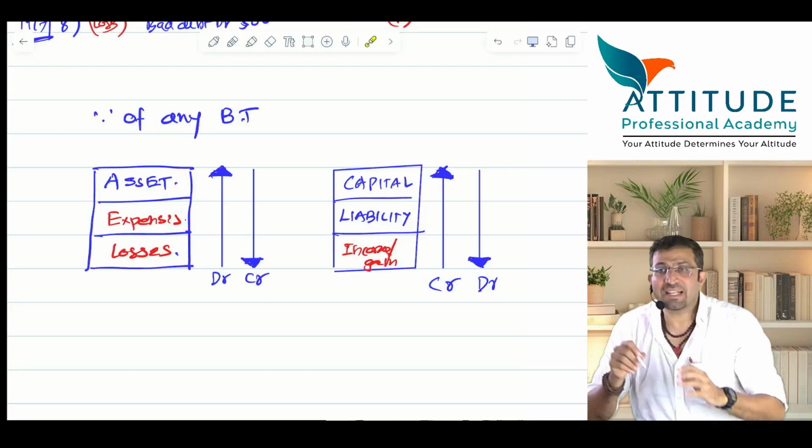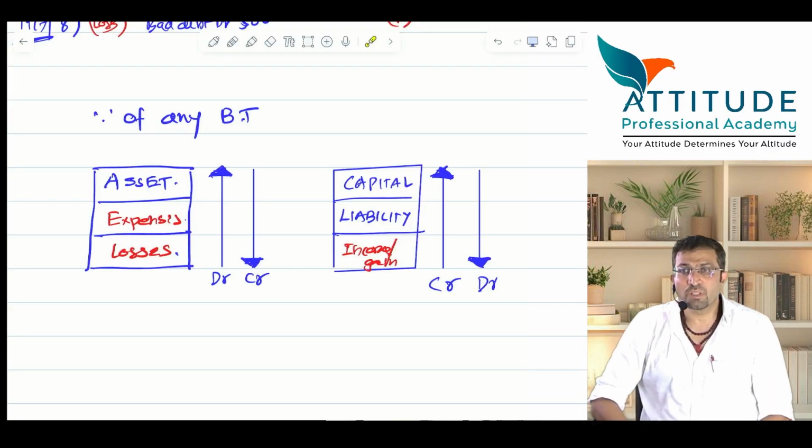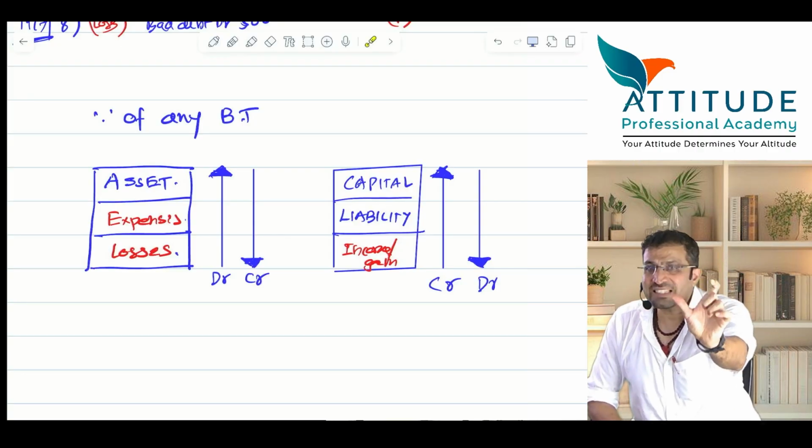Okay, now anybody has any difficulties? Do you have any difficulties? Pakka? Guarantee? Okay, now before I wind up, last 2-3 minutes,